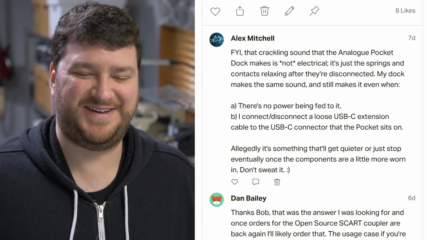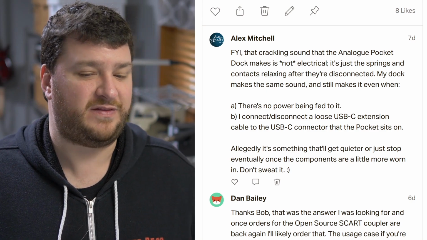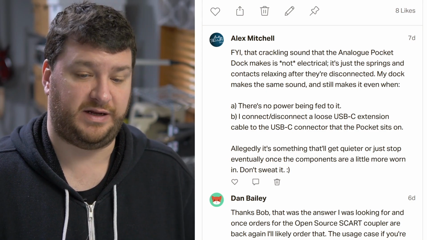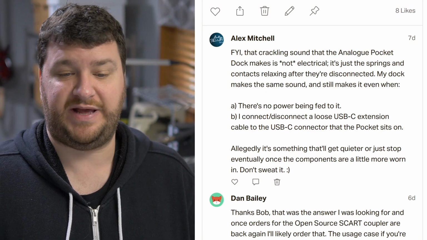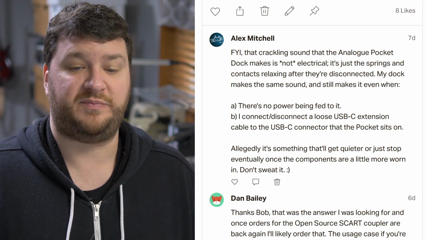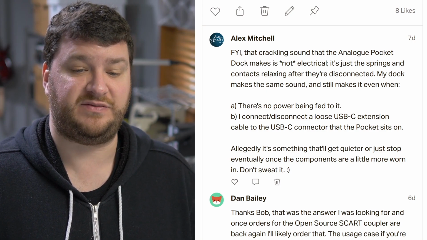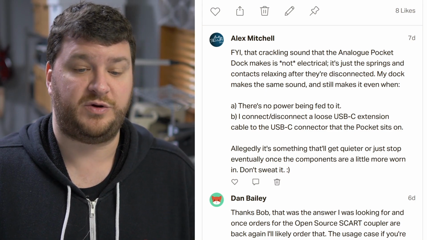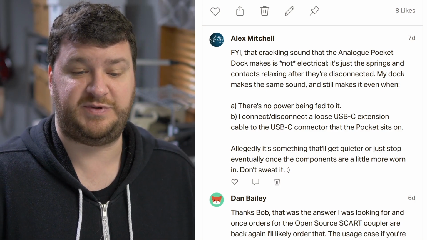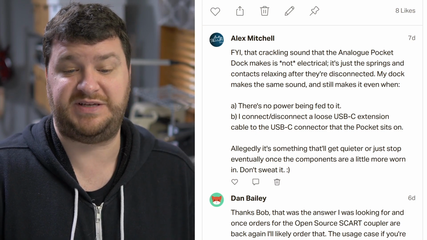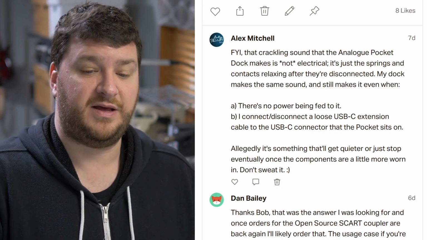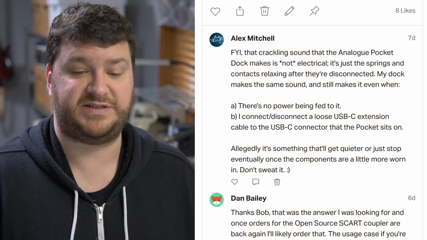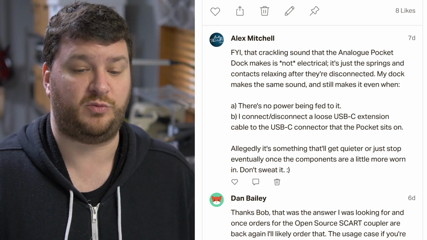Hey, Alex. FYI, that crackling sound that the Analog Pocket dock makes is not electrical. It's just the springs and contacts relaxing after they're disconnected. Their dock makes the same sound, and it still makes it even when there's no power being fed to it, or you connect or disconnect a loose USB-C extension cable to the USB-C connector that the Pocket sits on. Allegedly, it's something that'll get quieter or just stop eventually once the components are a little more worn in, so